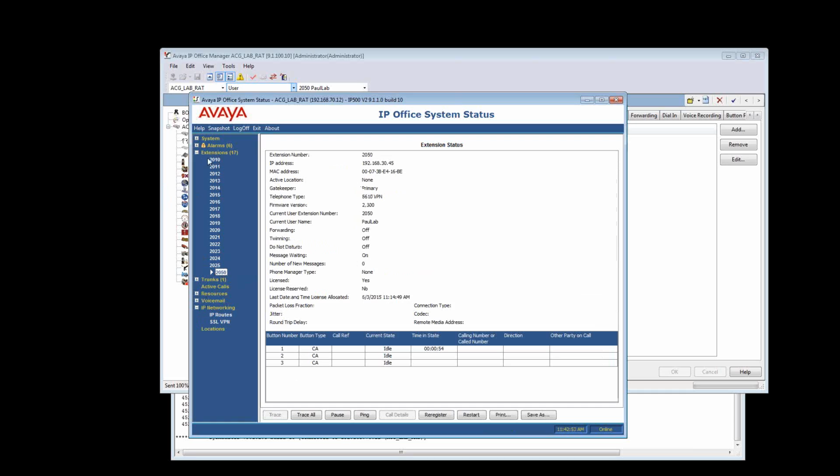If I go inside of system status, extension, and I find 2050, I see a lot of information here. Firmware, that's a good one to know, especially after an upgrade. If a phone's having issues, you want to make sure that it received its firmware after the upgrade. But in this case, we're looking for message waiting on. So I can compare that